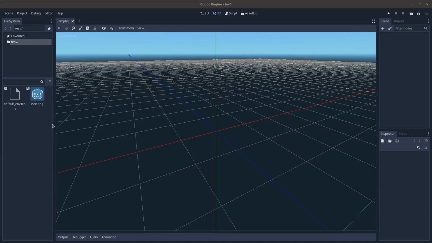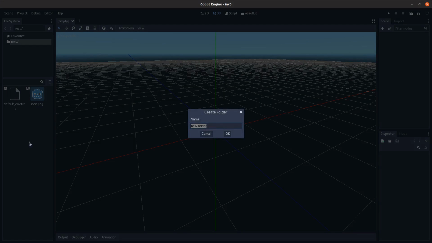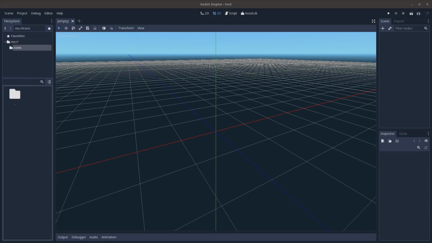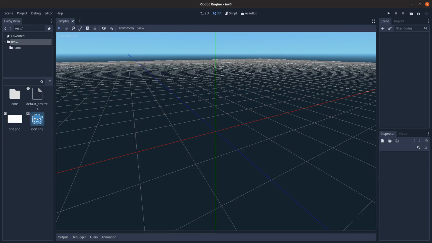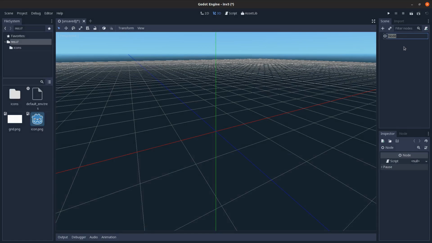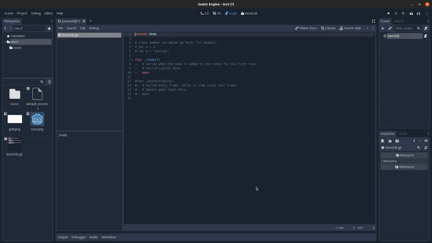Start with a new project here. I'm going to create a folder, call it icons here, and we'll go in and drag in all our images into it, and then go back up and I'll drag in the grid image here. Then I'm going to create a node and I'll call it item DB, and we'll add a script to it,